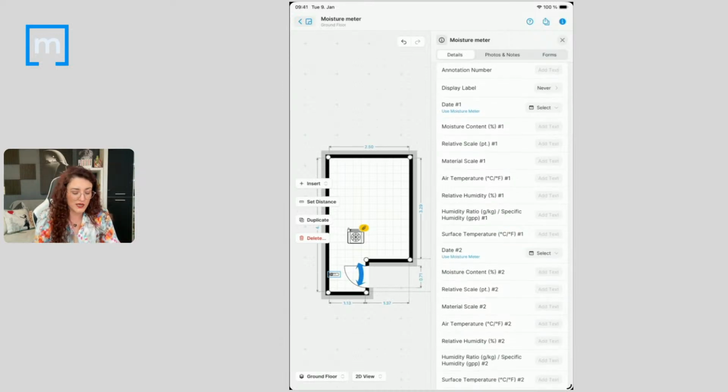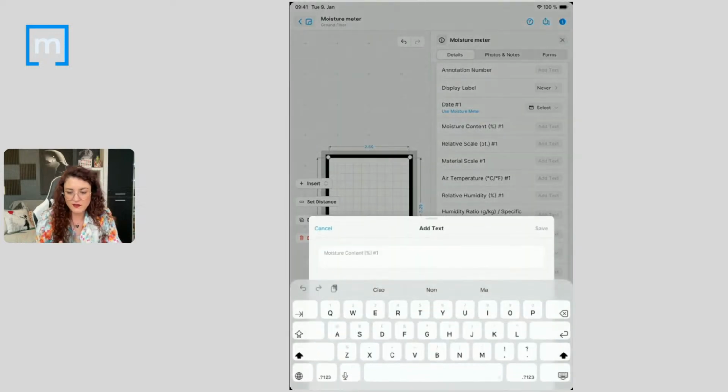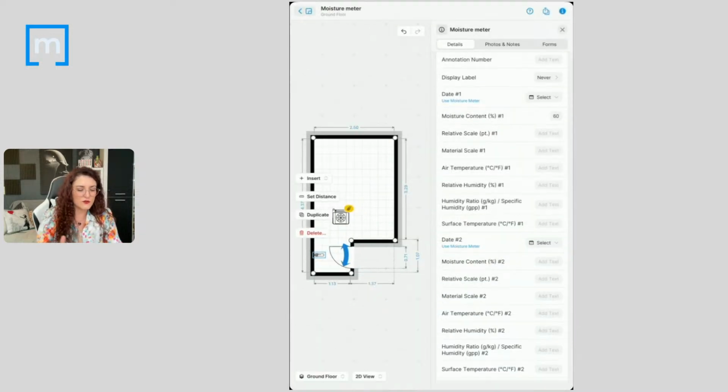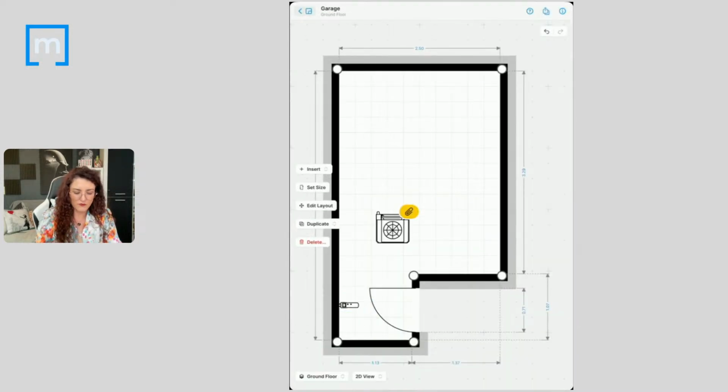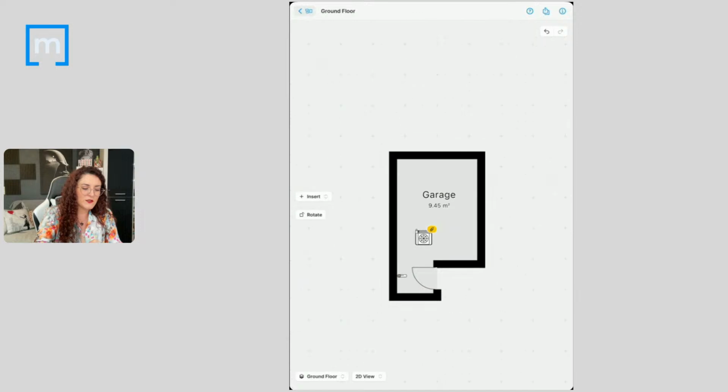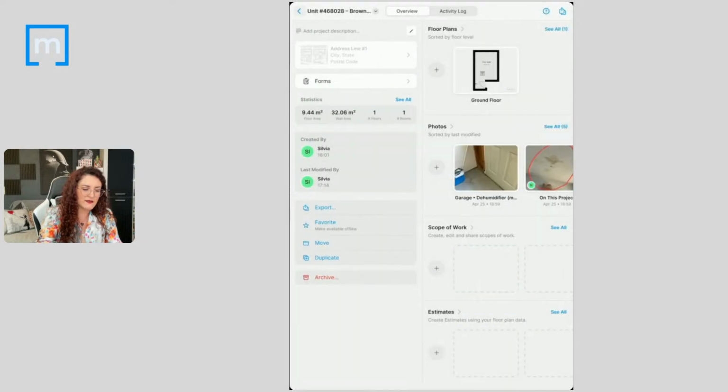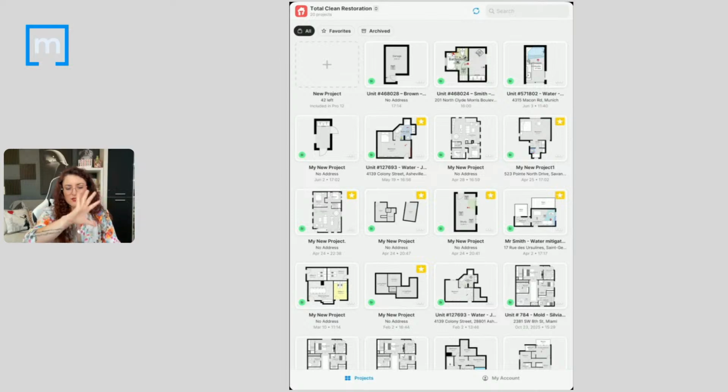Otherwise, you can also type manually, okay? So here you could also say the relative humidity is 60%. We can type it manually like this, okay? So just to give you a different option, okay? Perfect. So now I think that we saw everything inside the app, so you could understand the difference between levels,